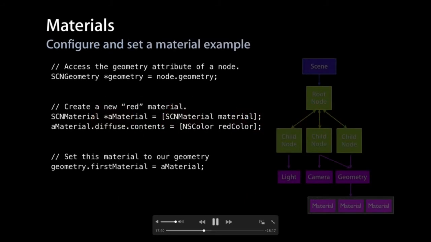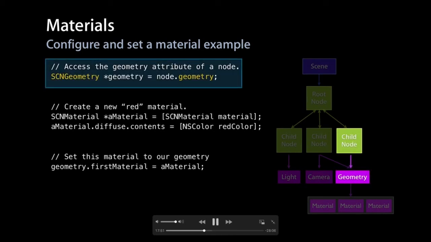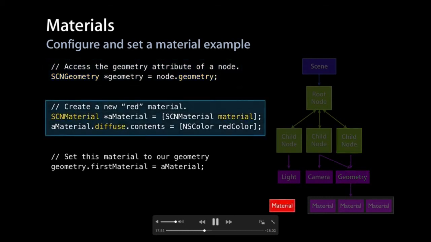So now, to sum up and give an example of all these data structures, let's say I want to change the material on my object. I will first get the geometry from my node. Then I will create a new material, let's say here a red material, by setting the diffuse contents to the red